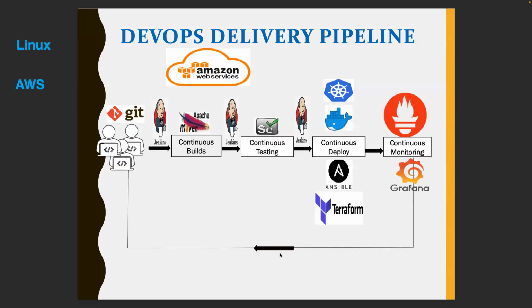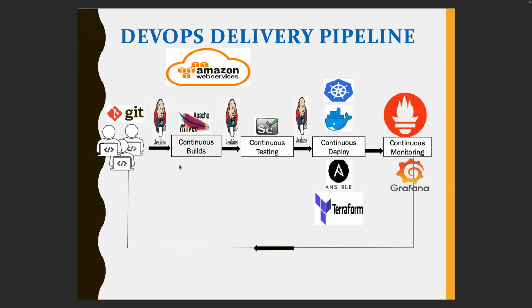Okay, moving on. So this is the CI/CD pipeline I was talking about on day one, or till now we were talking about this, right? Developers will write the code and publish it on GitHub. Once code is placed on GitHub, we will create a pipeline so that whenever a developer makes a code change, the pipeline will be triggered. It will do the continuous builds, using a build automation tool like Maven,